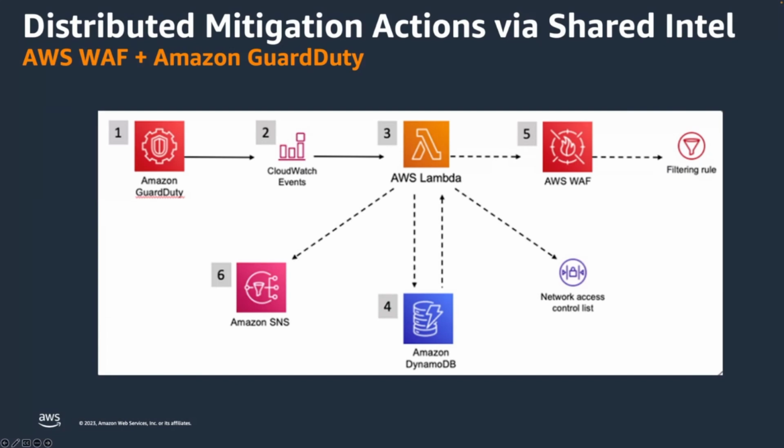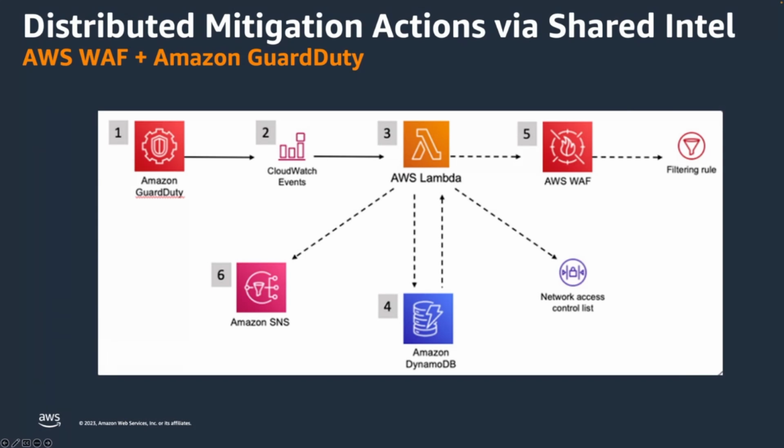We'll look at any sort of Tor IP events that indicate communications with the Tor network. We'll also look at communications with known black holes or Trojan drop points, which would again indicate some known malicious activity. So our first step is to have GuardDuty identify one of these alerts. In step number 2, we'll have a CloudWatch event that's configured to filter for these specific selected GuardDuty